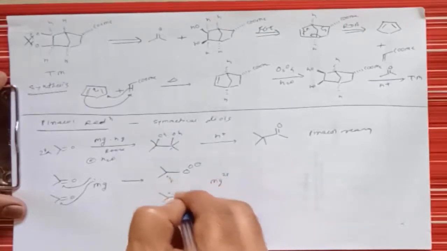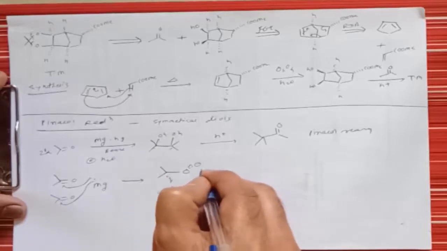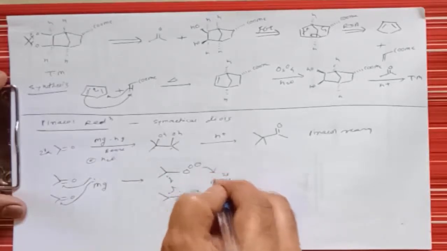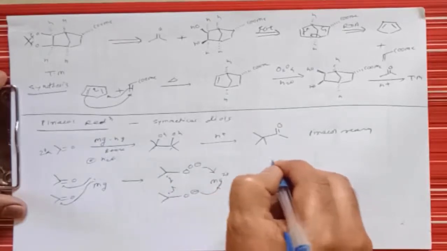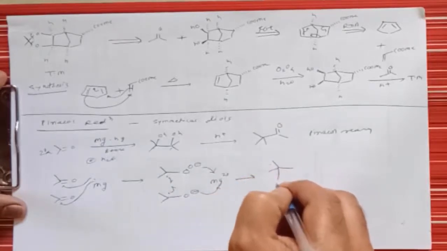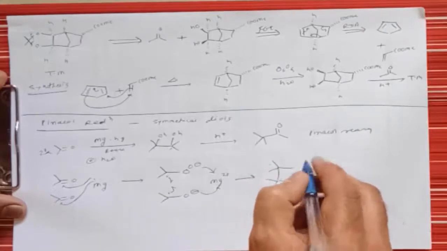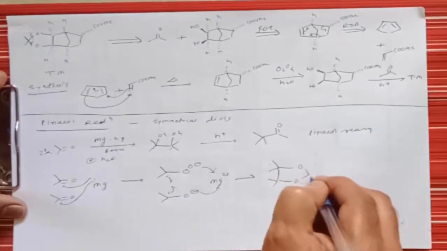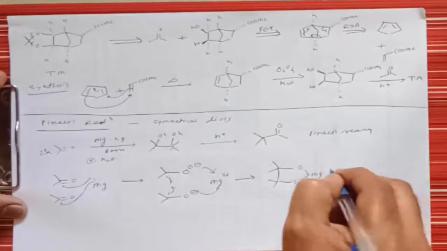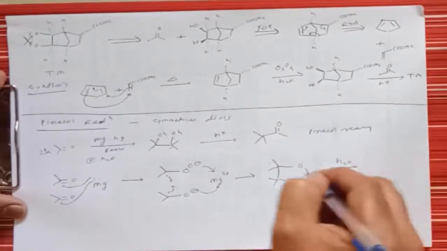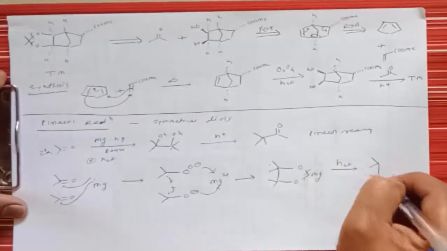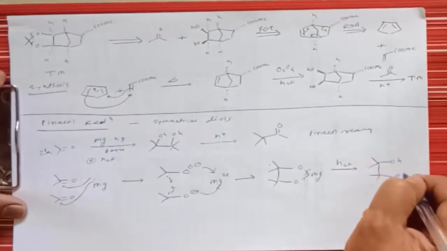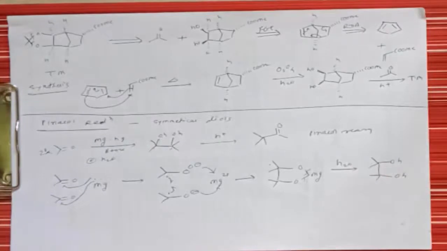Here is O minus, and this magnesium will be present in +2 oxidation state. So these two radicals will be combined, and then it will react with this magnesium ion, and it gives formation of a cyclic complex with this magnesium, right? And further if we add water, then it will remove this group and it gives formation of a diol, right? So this is the mechanism for the Pinacol reduction.